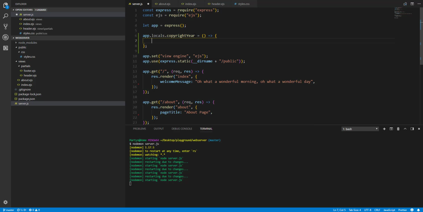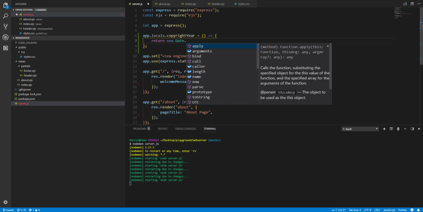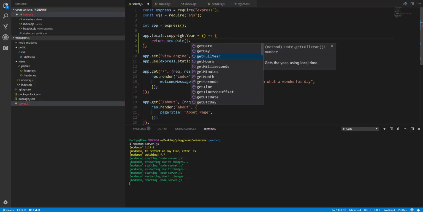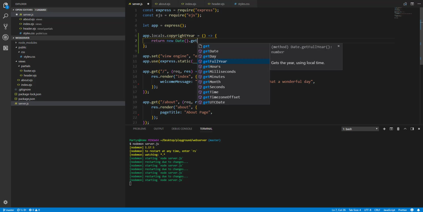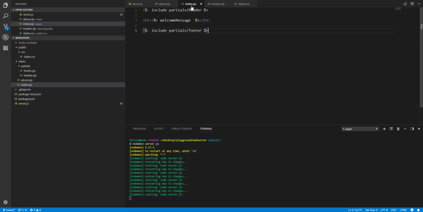Inside here we will do return new Date().getFullYear(). Okay, so we will save that and we will go to index.js,